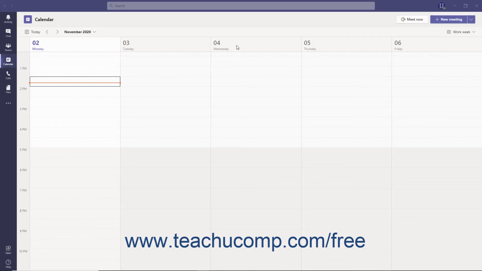www.teachucomp.com/free. Your calendar in Teams is automatically connected to your Microsoft Exchange calendar. When you schedule a meeting in Teams or Outlook, the calendars will sync with each other and the meeting will appear in both calendars. There are a few different ways to open the New Meeting window to begin the process